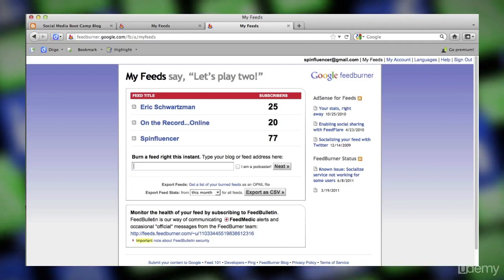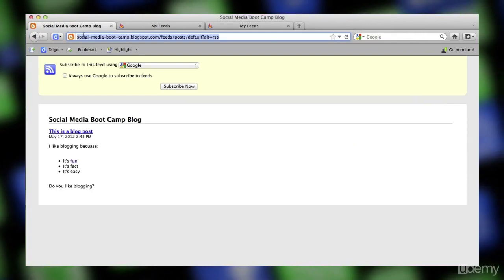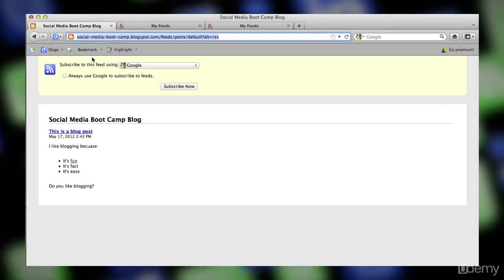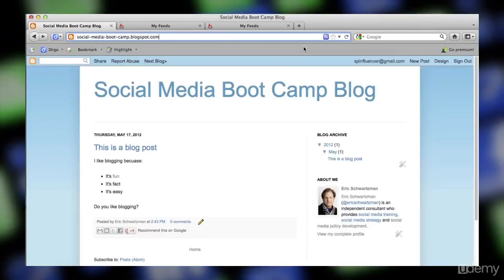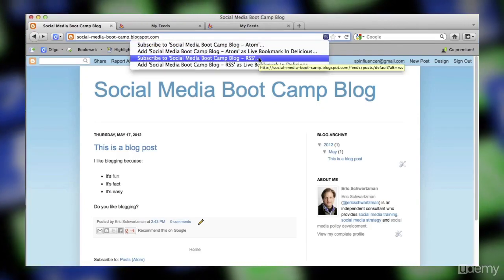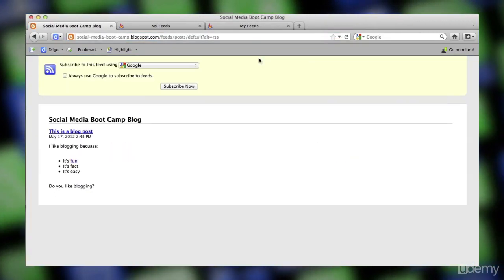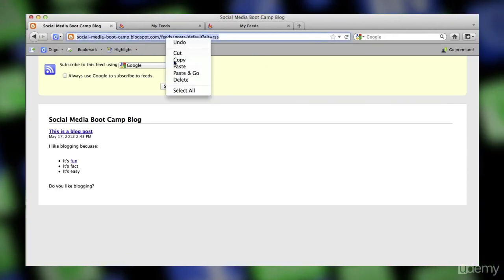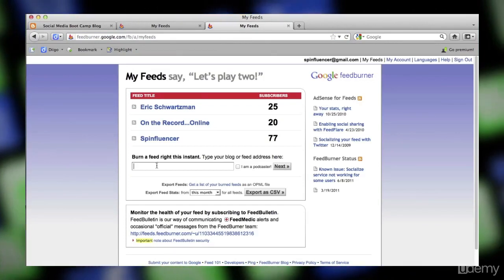Let me go get it again because I overwrote my clipboard. So let's go back to my blog. And again, I'll copy this URL of this feed. Let me just show you where this is again in case you missed that. So I'm on my blog. I go to the little RSS icon up here. I click on it. And I'm going to take the one that says just plain RSS, not the Atom feed. And it takes me there. And then again, I'm just going to copy the feed, go over to FeedBurner, and I'll paste the feed in